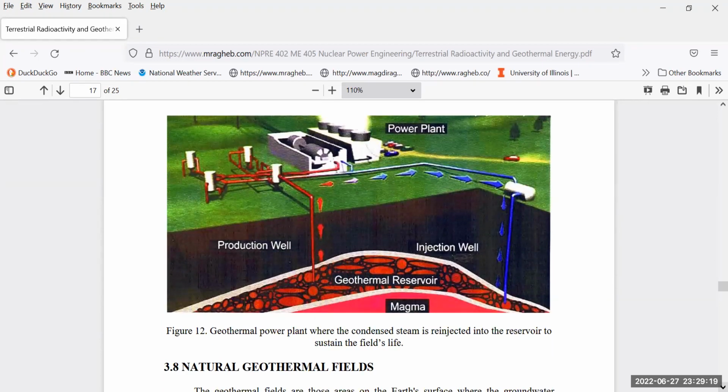So a geothermal plant using geothermal heat is a simple design. In that case, you locate an area where the magma or the molten rock from the Earth is close to the surface. And this means that you really have to visit once in your lifetime our Yellowstone Park, which is a